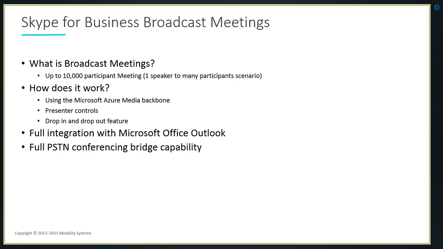How it works is you've got to have a hybrid scenario between your on-premise Skype for Business server estate and also using your integration with Microsoft Azure as the background. So technically how it works is the media transcoding all gets done within the Azure cloud capability, and you've got a single stream from your on-premise Lync environment to the Azure platform, and the Azure platform does all the transcoding and pushing out to all the 10,000 participants.